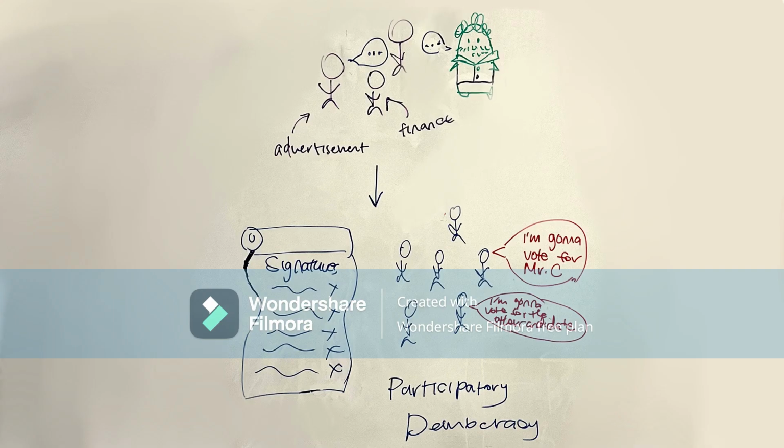Here, Mr. C meets with his campaign team, discussing strategies. Winning his party's primary is crucial. There's a lot of paperwork involved, and he'll need a specific number of signatures from members of his party to participate in the election. This is an example of how participatory democracy works in selecting nominees for the primary. Individuals get directly involved in the process.